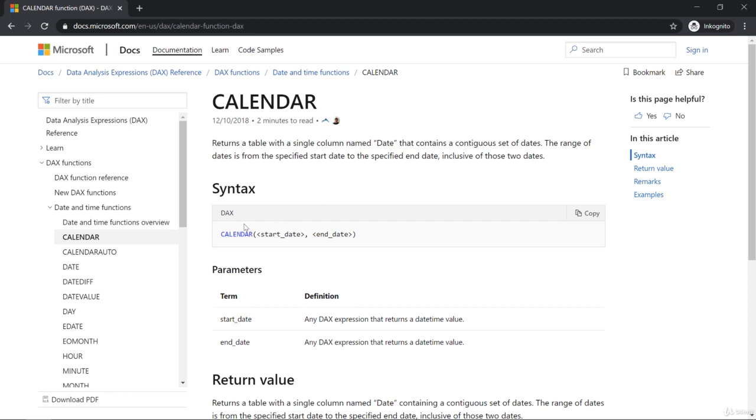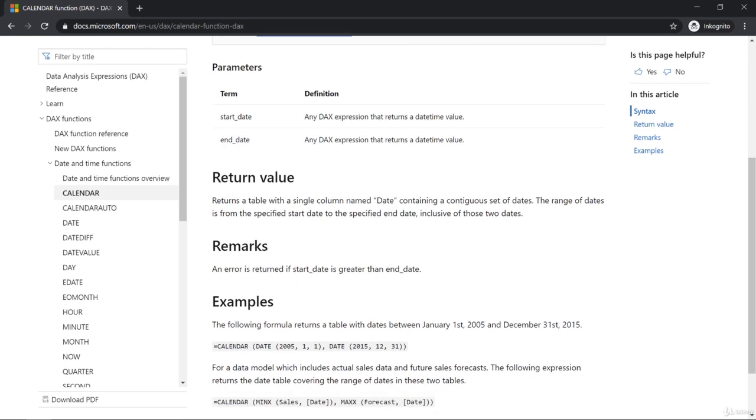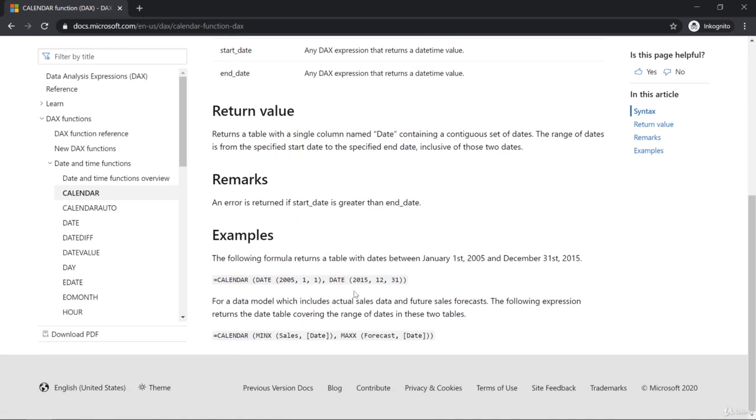There you can find the general syntax of that function. We know how it works. Here is the function name, the parenthesis, and then we have to specify a starting date and an ending date. And as you guessed it already maybe, this function allows us to create a calendar column with the start date defined by us and the ending date defined by us. If we go a bit further down though, you can see that we can be a bit more precise about the starting and ending date. For us, this means we will not use the calendar function only, but use the date function once and twice inside our calendar function. Enough of the talking, let's go back to Power BI Desktop and let's see how this